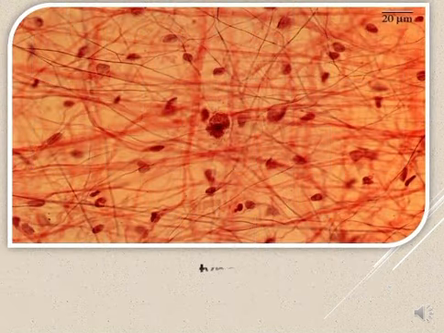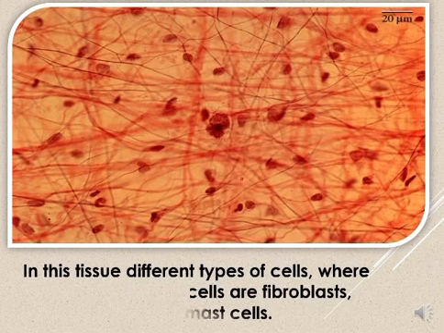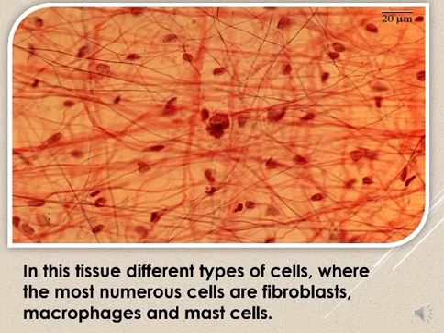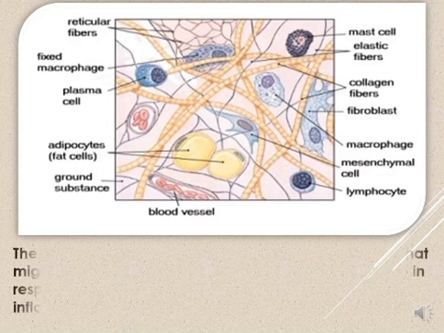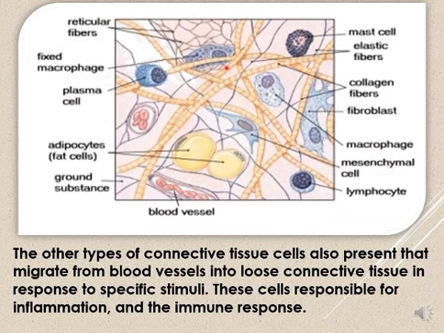In this tissue, there are different types of cells found. The most common types of cells found in this tissue include fibroblasts. These are fibroblasts, in addition to macrophages, and mast cells that are also numerous in this tissue. The other types of cells of connective tissue are also found in this tissue, which migrate from blood vessels into